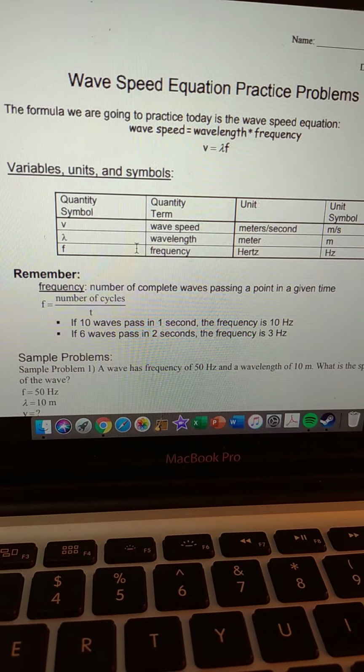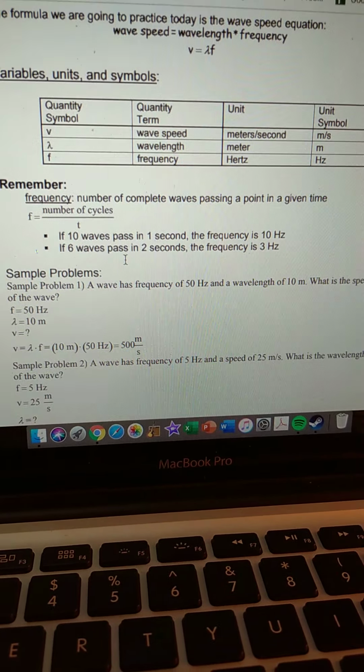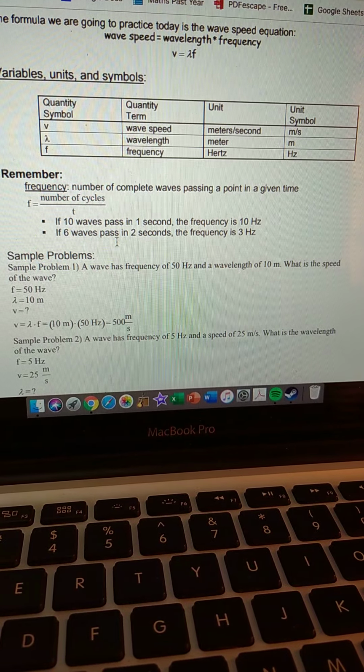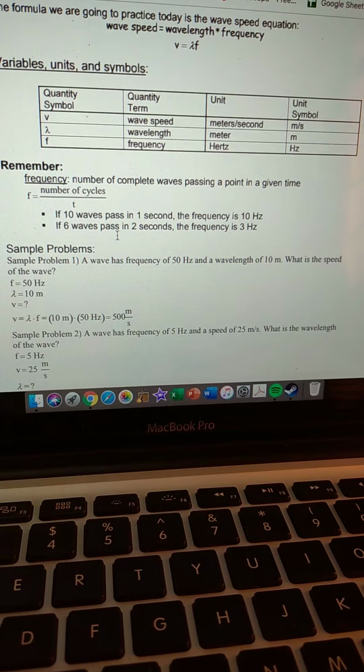First sample question says, a wave has a frequency of 50 Hz and a wavelength of 10 meters. What is the speed of the wave? Okay, now if you don't understand that, let's try to go back to what we know. There are a few formulas you learned when you started the wave chapter. First thing is period, which is a capital T. What is period? It is the number of seconds, or how much time you take